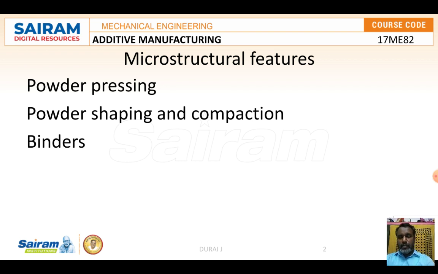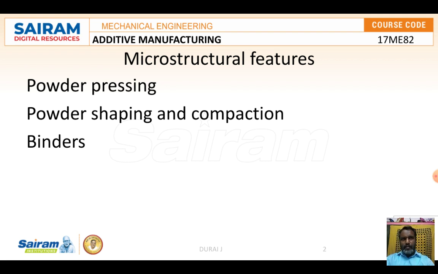Then comes the powder shaping and compaction. Here a large number of powder particles can be consolidated and shaped. Die compaction at high temperature and high pressure is an important process where densification and shaping occur simultaneously. After compaction, the density can be as high as stainless steel. In the subsequent sintering stage, the particles are bonded, but densification may or may not occur.